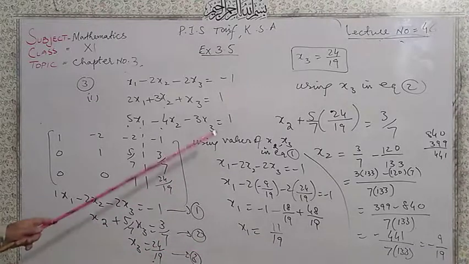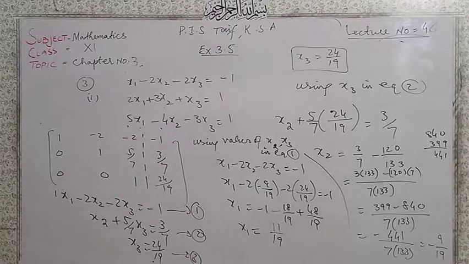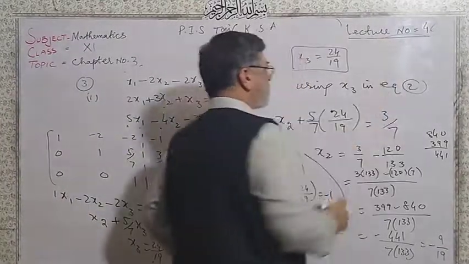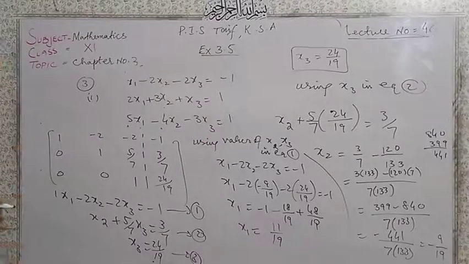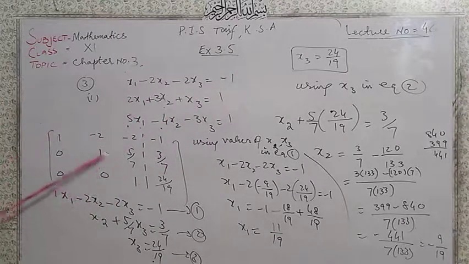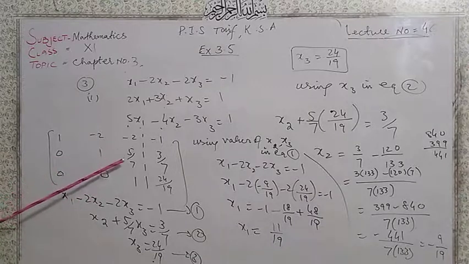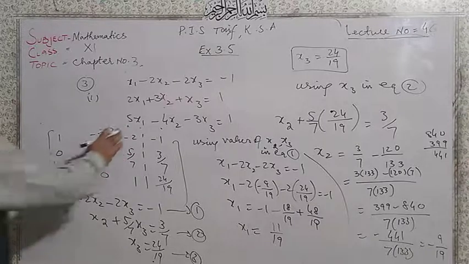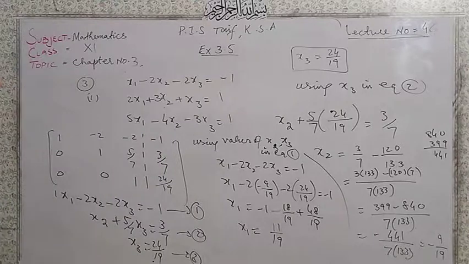So dear students, that was echelon form. I told you that we have to solve this question in two ways. One is echelon form. Here is the diagonal, and below the diagonal all values are 0. This is known as echelon form. If we make 0 above this one and above this one also, and all becomes 0 here, then it will be known as reduced echelon form, and you will get the same answer.